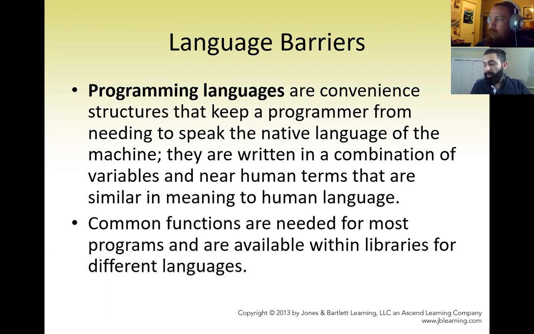So programming, rather than typing the 0s and 1s or putting switches or whatever, the machine language, now the programming language is another way that we can type something in an easy way, sometimes just like English, to create a program. So a programming language is the convenient structure that keeps a program from needing to speak the native language of the machine. They are written in a combination of variables and near-human terms that are similar to the meaning of a human language. If I want to bring a good example for that, it would be